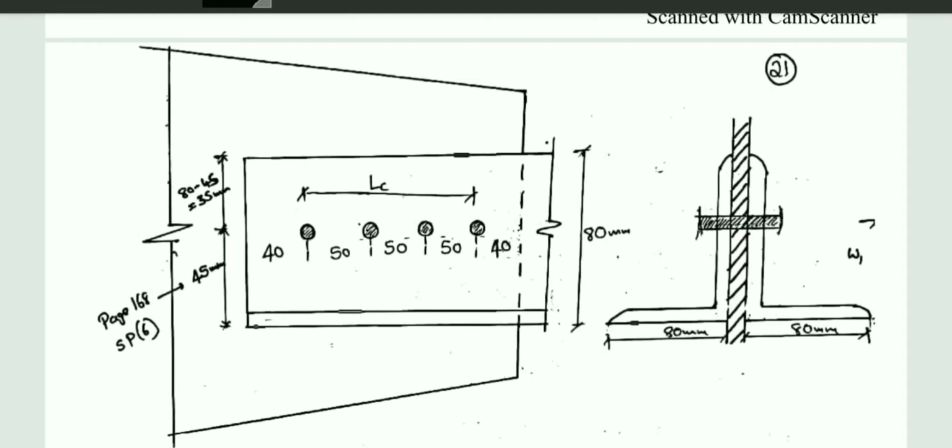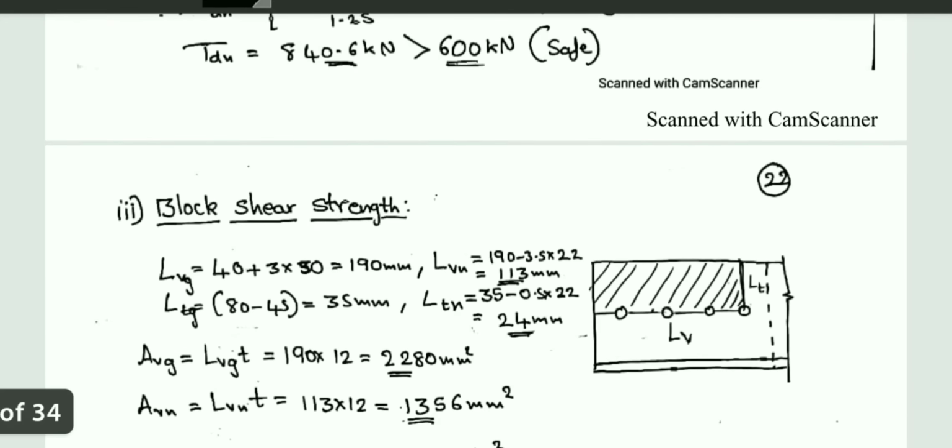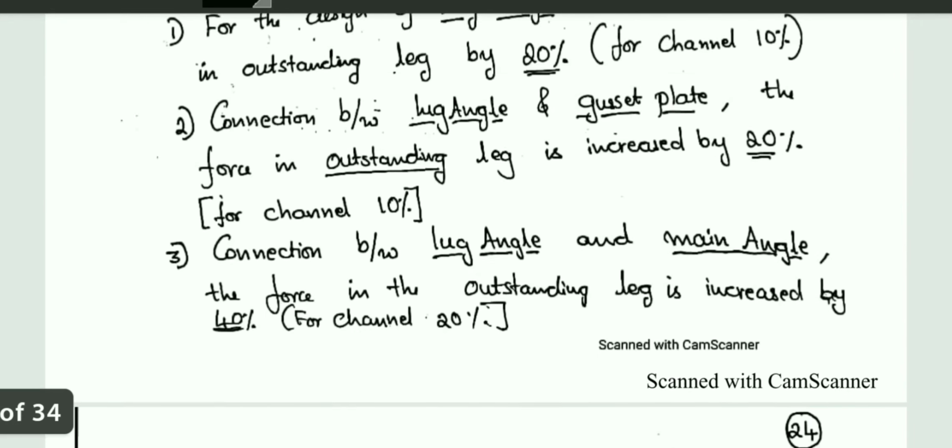Okay, in this connection itself, the total here is 40, 150, and 190, and 230 mm in total. Assume the length available is only 200 mm, or else the load is very high and you can't go with too long a length here. If the number of bolts required was 10 bolts and no space is there, the one thing you can do is add a lug angle, that is, adding an extra angle here.